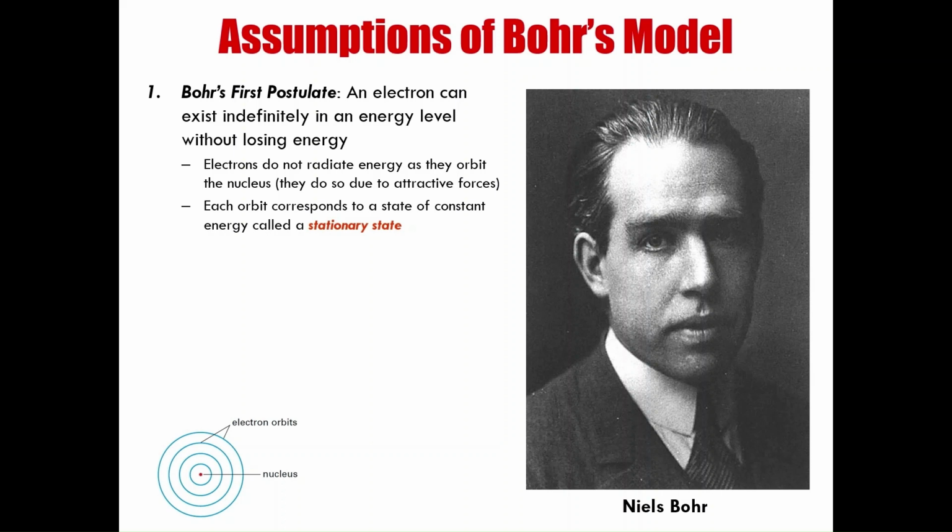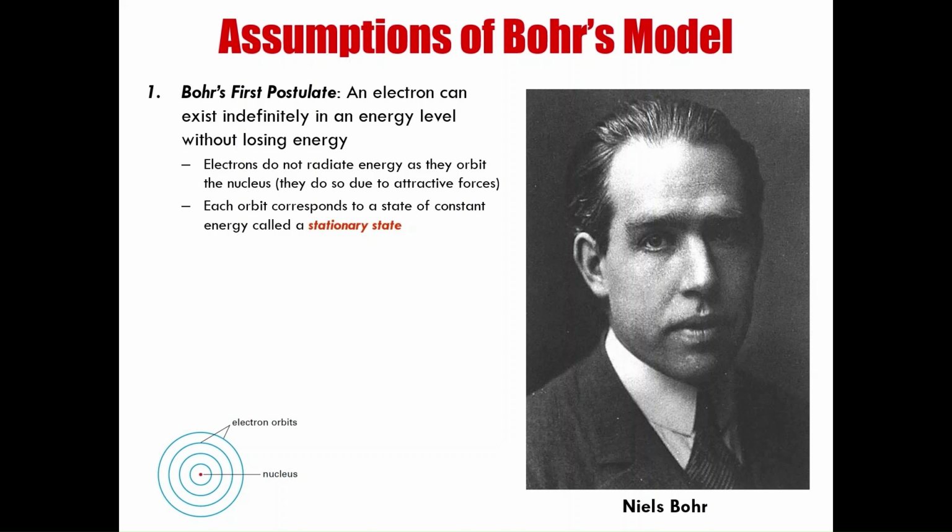Earth is not going to slow down and stop in the middle of space, just like an electron will not slow down and stop when circling around the nucleus. In fact, the reason it circles around the nucleus is because of attractive forces, just like Earth circles around the sun due to gravity. And so each orbit corresponds to a state of constant energy,